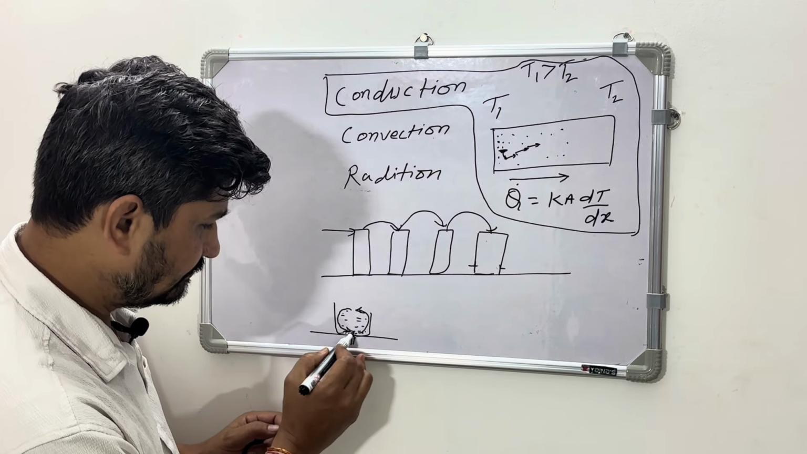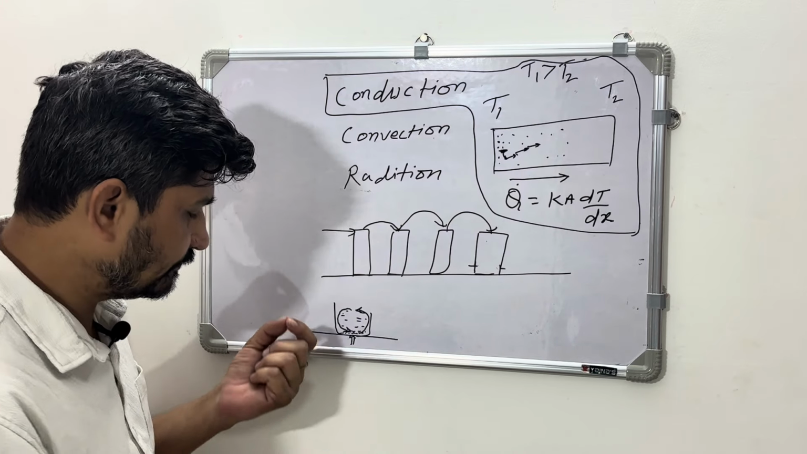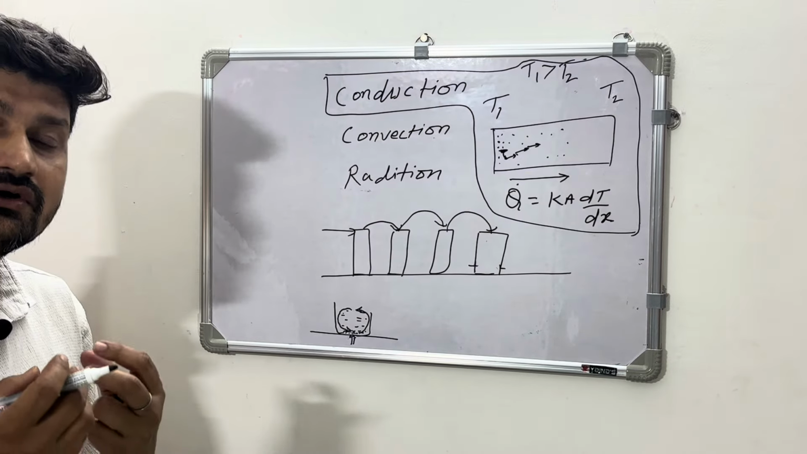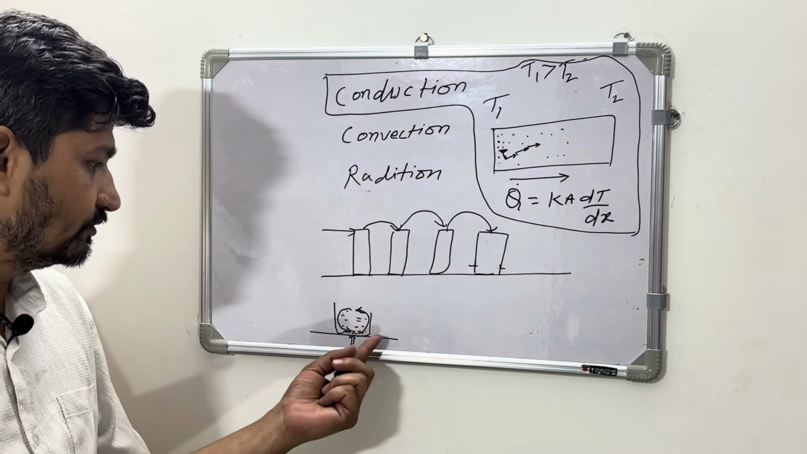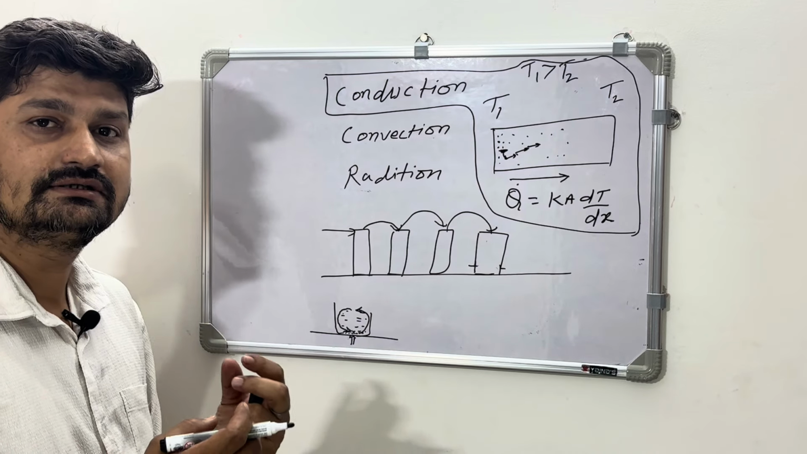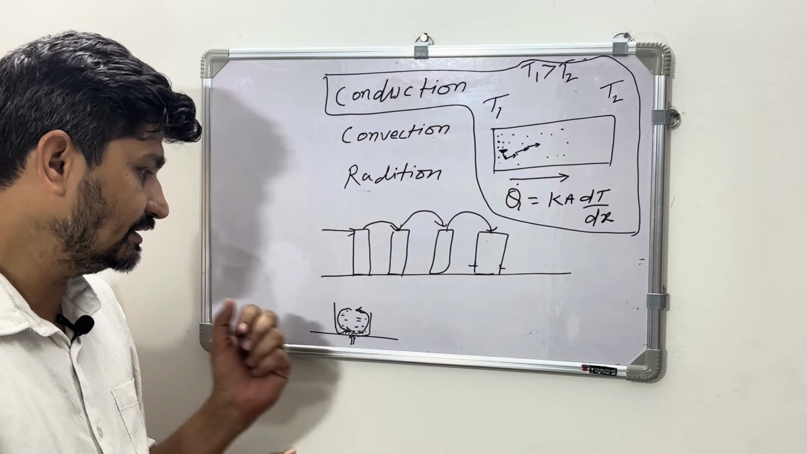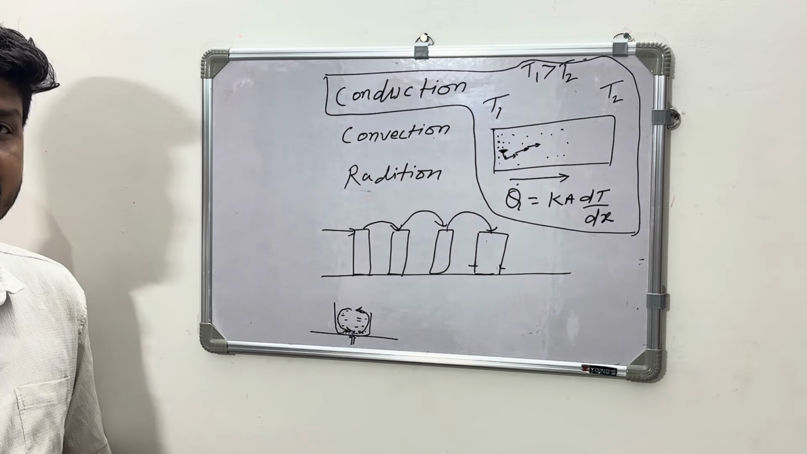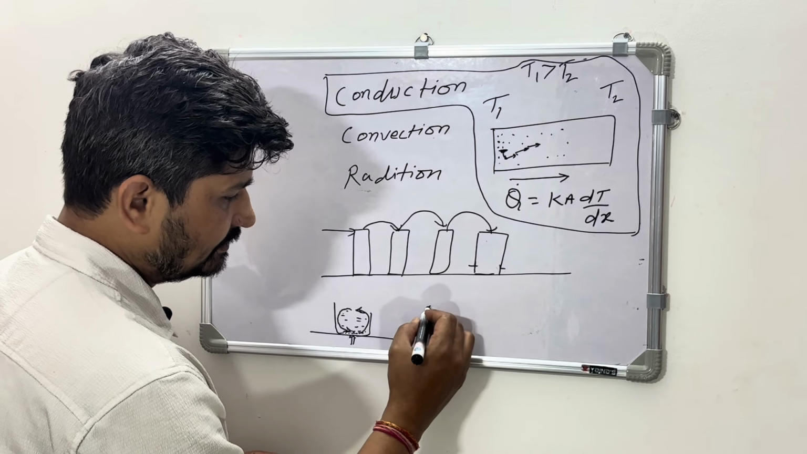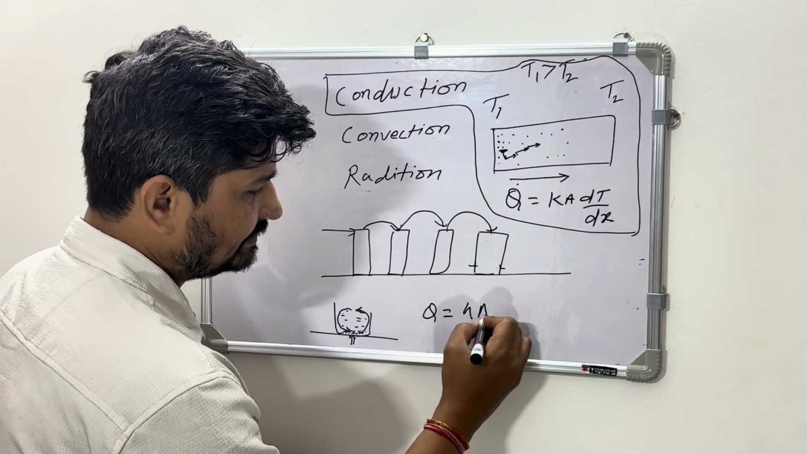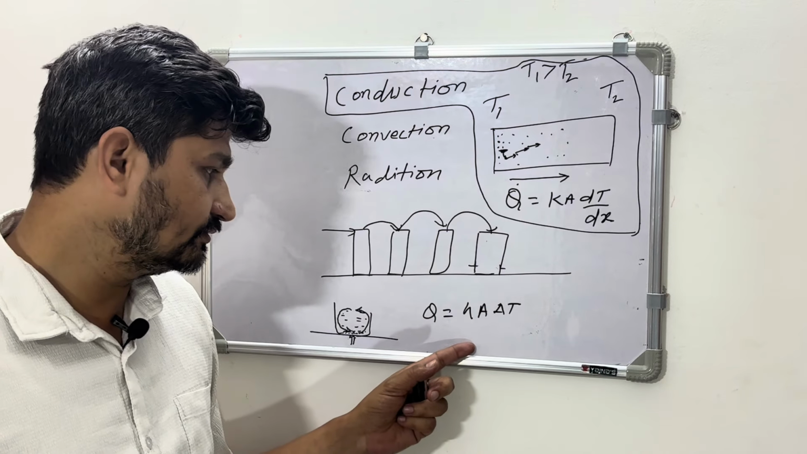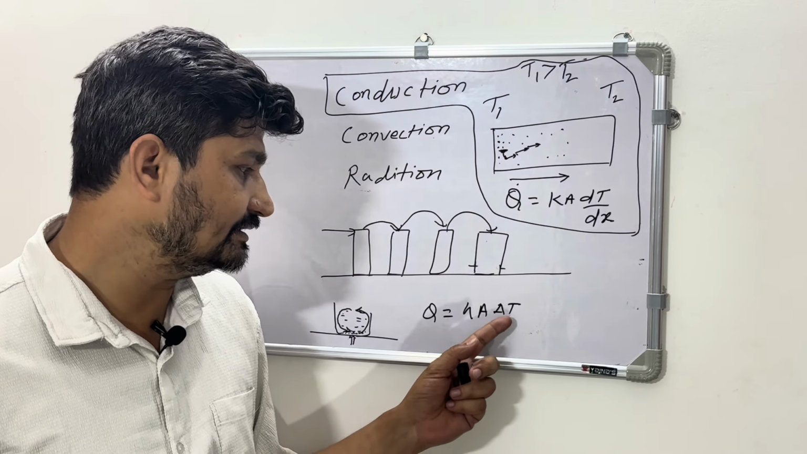When molecules gain temperature, their density drops, they get lighter, and they go upward. To fill that space, heavier molecules at lower temperature go downward. In that situation we can see that there is actual molecule transfer. So this is called convection, and it is represented by hAΔT, where h is the convective heat transfer coefficient, A is the surface area, and ΔT is the change